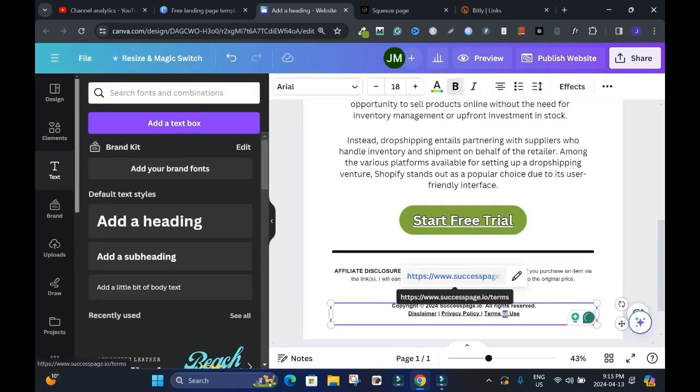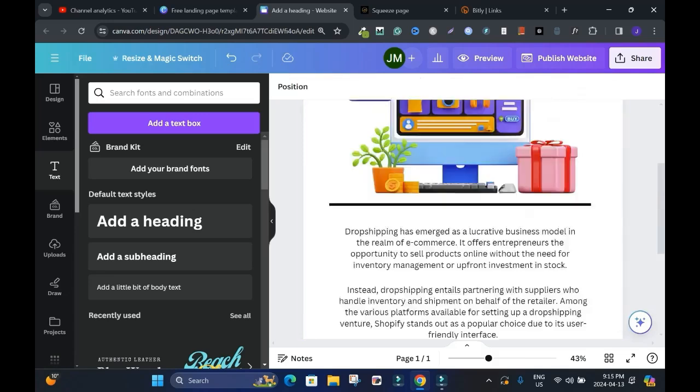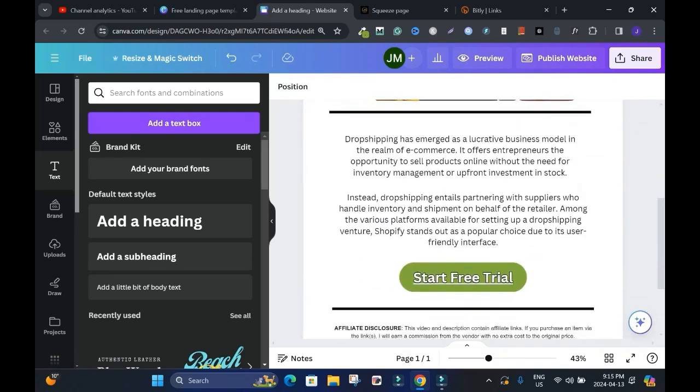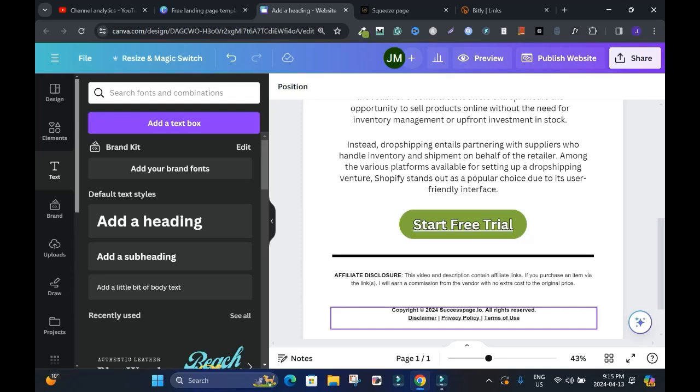If I double click, this is coming from my site. These are disclosures. This is for legal purposes. When you check it out, see, this is how it's gonna look like. If you are promoting an affiliate program, and you don't have these disclaimers, you can use, let's say if it